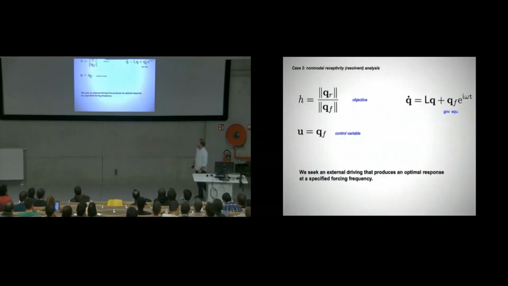Second case, let's say we want to have an outside forcing. So we want to know how does our linear system respond to some kind of a frequency input. That could be an acoustic wave in a free stream, that could be roughness distribution on the wall, anything you want.